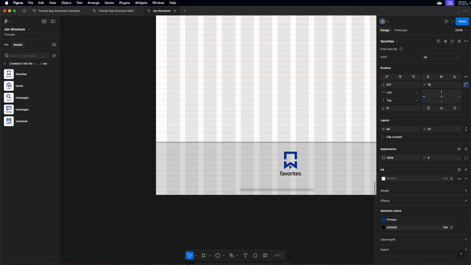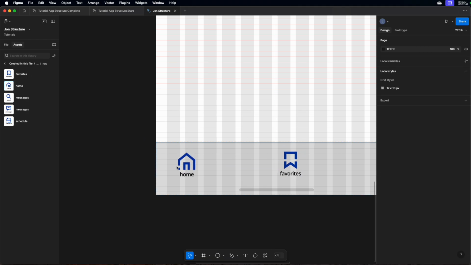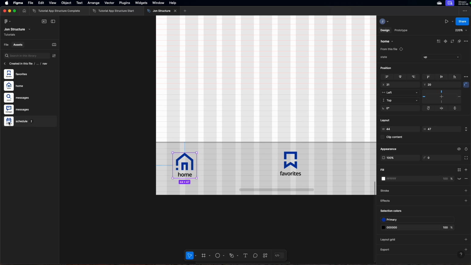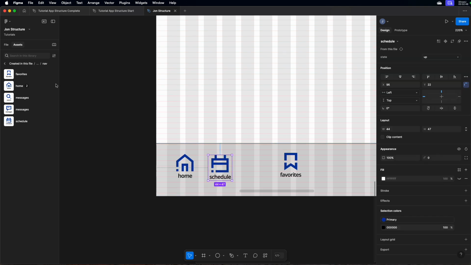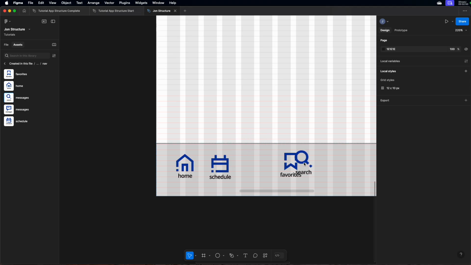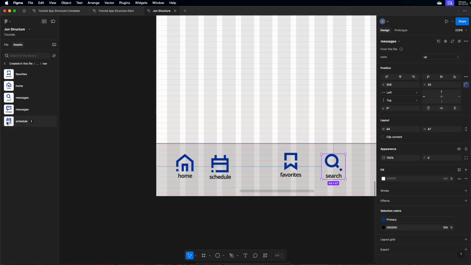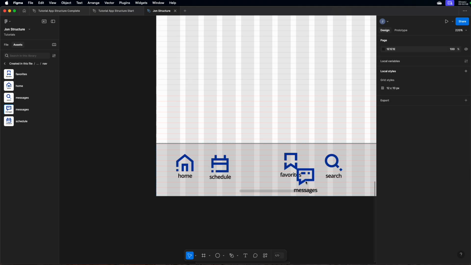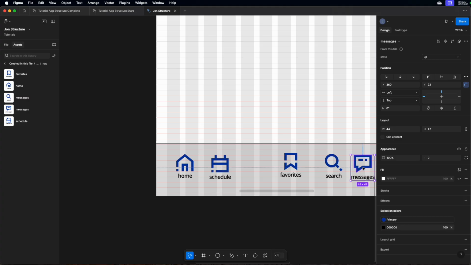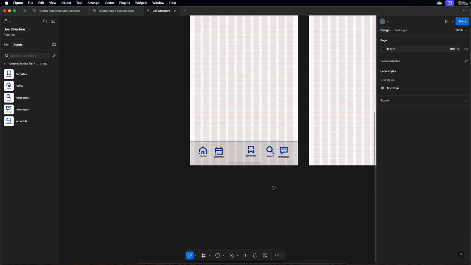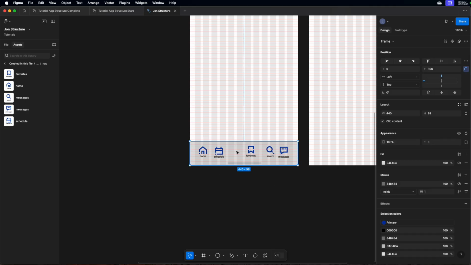So I'm going to add all my nav elements. Home, schedule, search. 1, 2, 3, 4, 5. Oh, messages. Search, messages. Okay, great. Now would be kind of a good time to take this out